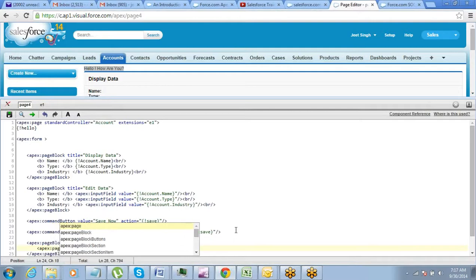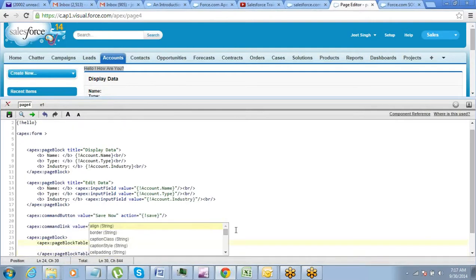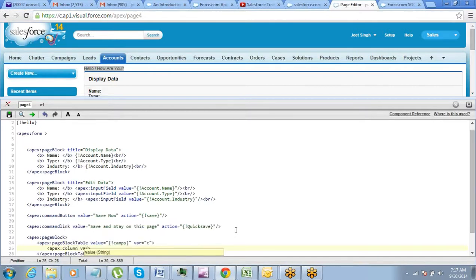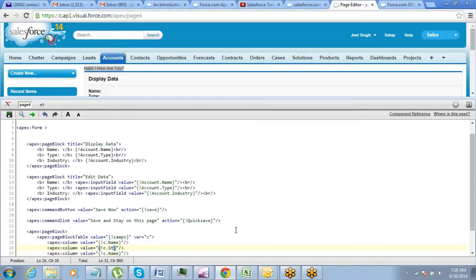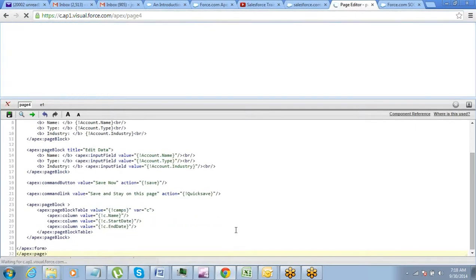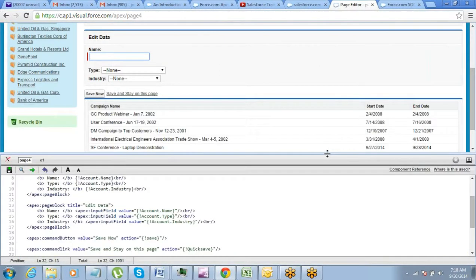Apex page block table. Value can be. See,